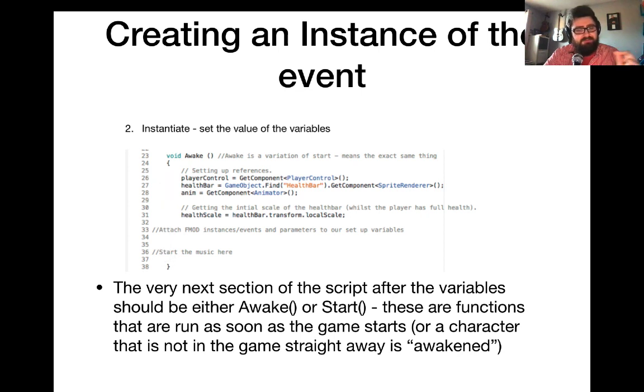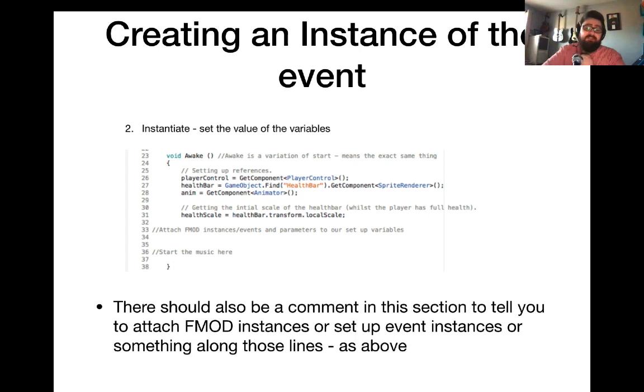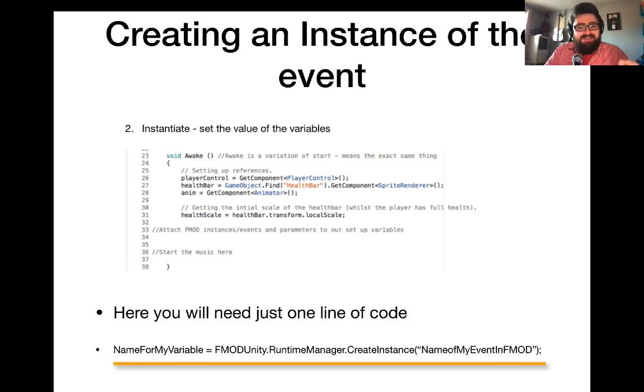So the very first functions we should have is either awake or start, and they're the functions that run as soon as the game starts, or if a character isn't in the game straight away, when the character is awakened. There should also be a comment in this section to tell you where you need to attach FMOD instances or set up FMOD event instances, something along the lines of those above. They're in line 33. In here, you're going to need just one line of code. So whatever you've called your variable, you're going to set that to be equal to, and then you're going to type in the next block of code,